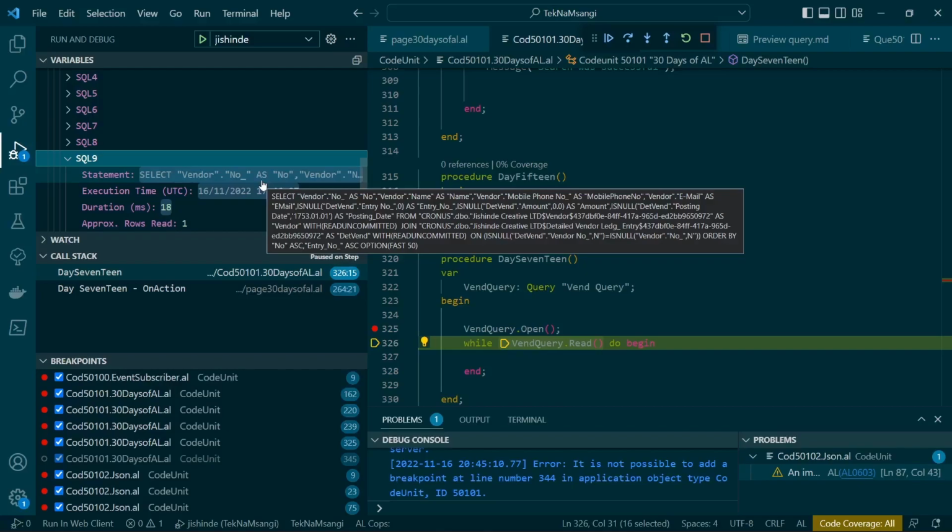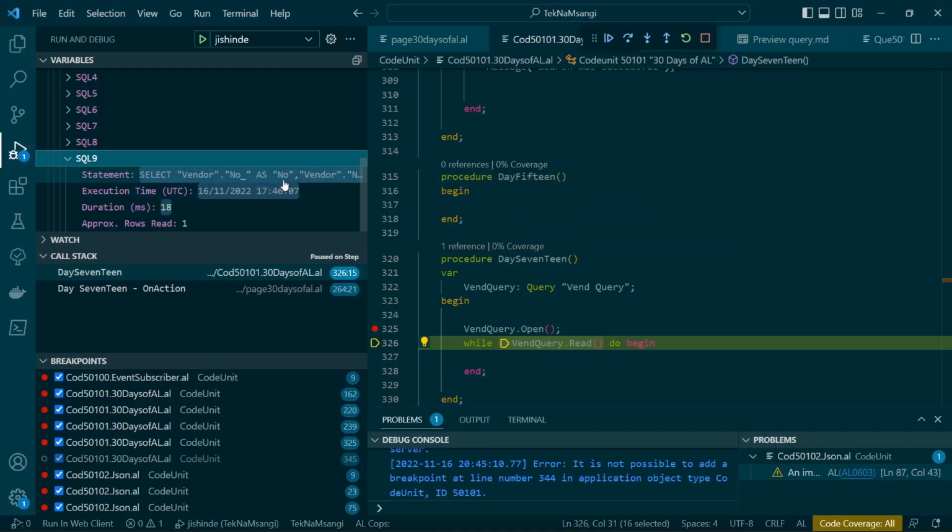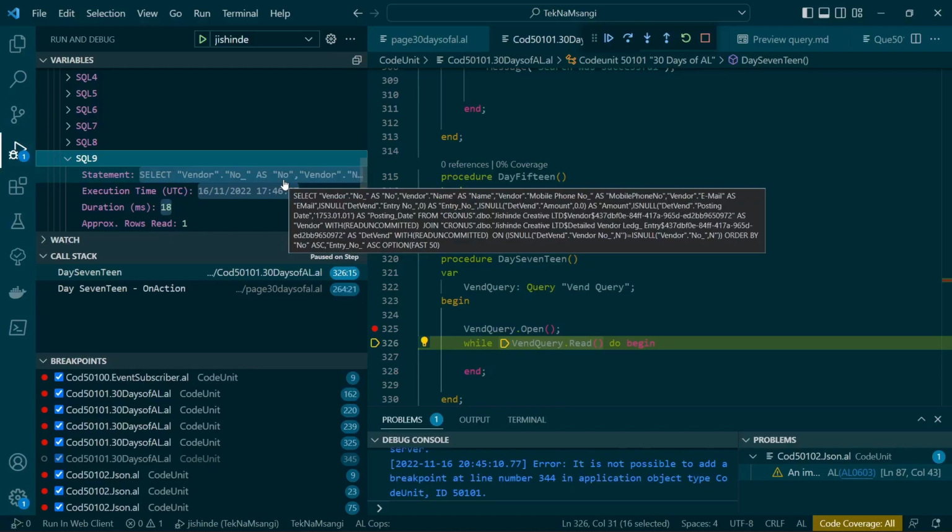So the query has created the tables with aliases. So the vendor will be having an alias, is it alias or alias, whichever, for vendor. So there's that alias which will help us during the join. So when you are selecting, you're familiar with this query, I believe you understand. When you're selecting now, you specify the alias name, if it's vendor, say vendor.name. If it's from the detailed vendor ledger entry, you have like amount